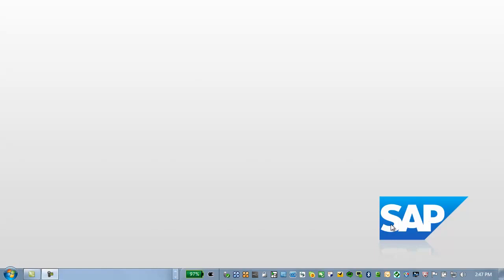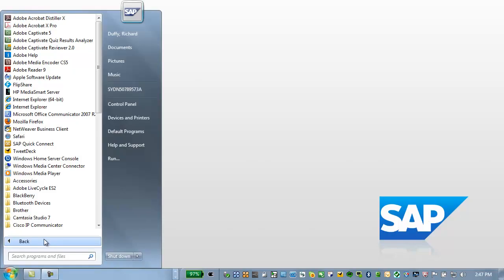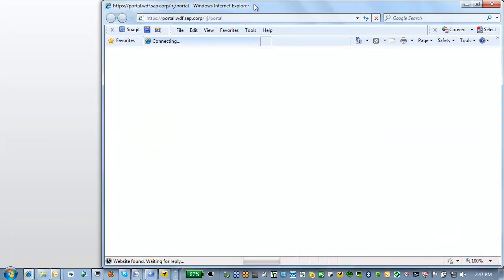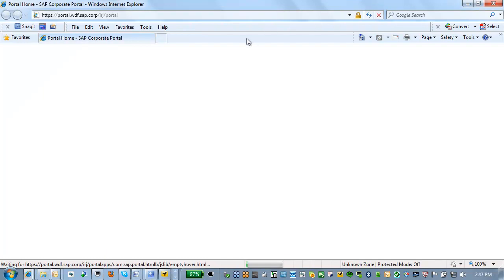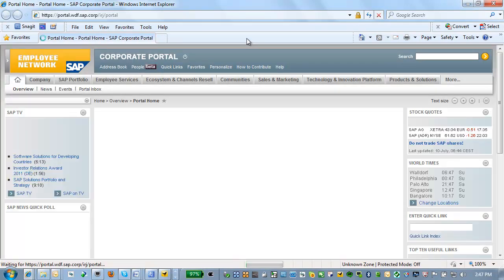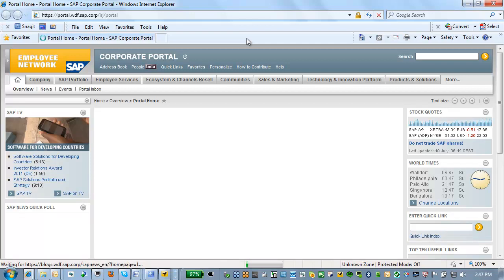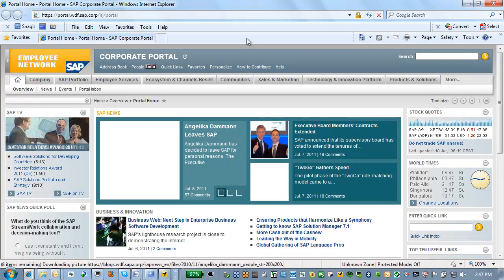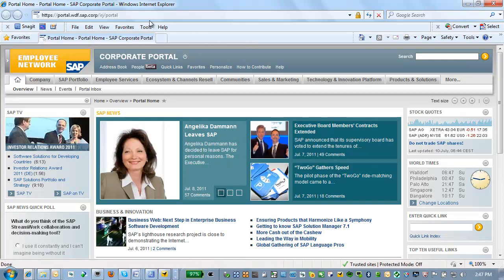So with that in mind, let's just quickly get started and I'll show you exactly how you can access the server. The first thing you want to do is go into Internet Explorer, and I'll just maximize that. Once you're in Internet Explorer, you're going to need to access the Cloud Portal login. You can do this from either inside the SAP network or outside the SAP network. So to access that, you need to go to